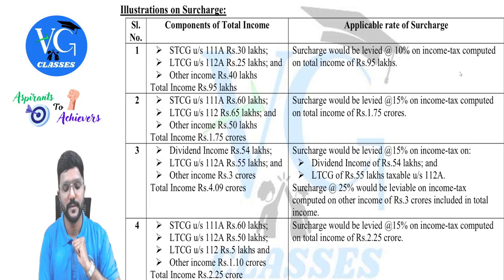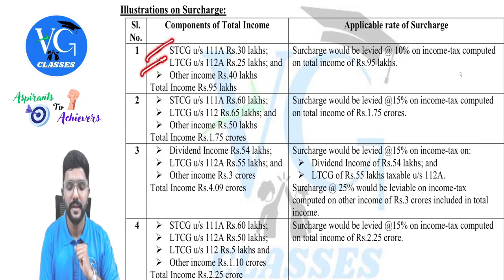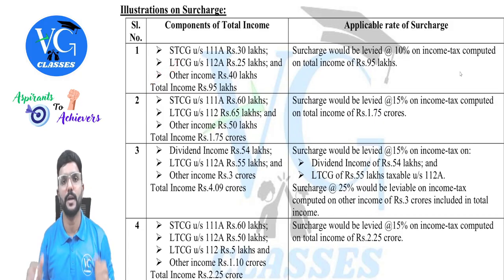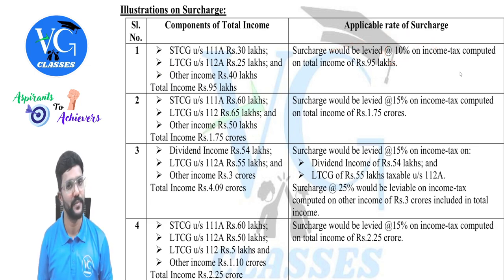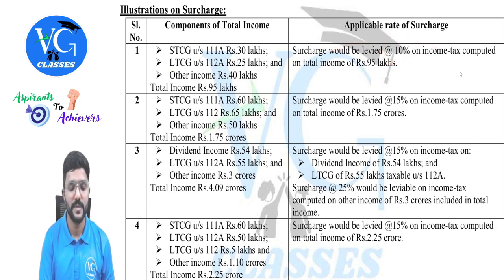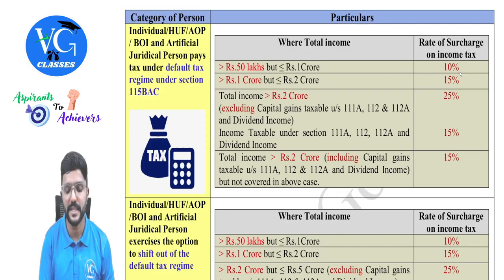First, calculate tax on special income, then tax on normal income at normal rates. Add up both, you will get gross tax. On gross tax, 10% would be the surcharge, guys. Got it? So this is an illustration applicable for the first case. Okay. Next,